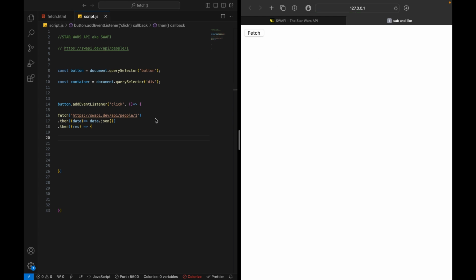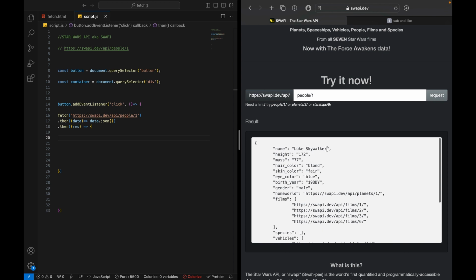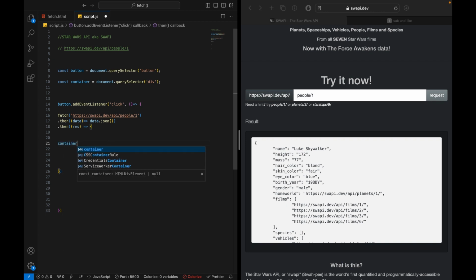Okay, let me switch to my tab here. As you can see, the name is Luke Skywalker. So we want to print out the name in our container. So the first thing we're going to do, we'll type container.innerHTML in this case, because I will add a paragraph inside. So you know what, let's just do an h1, and let's close the h1. Okay, and we'll say name,